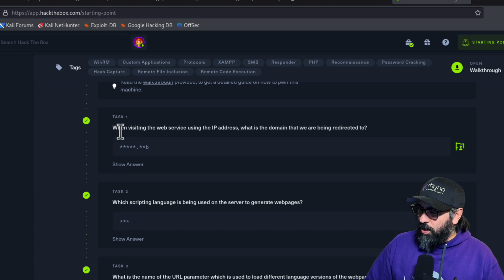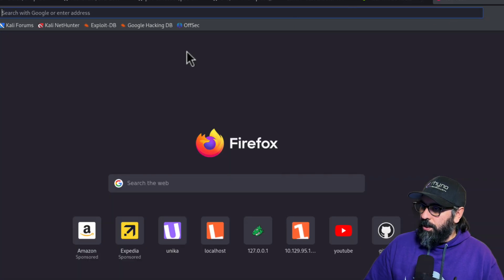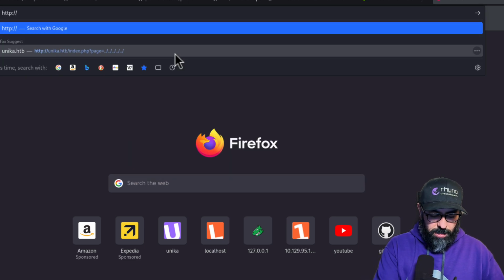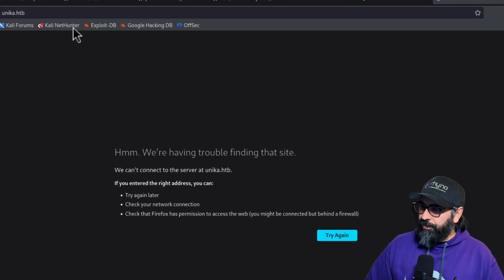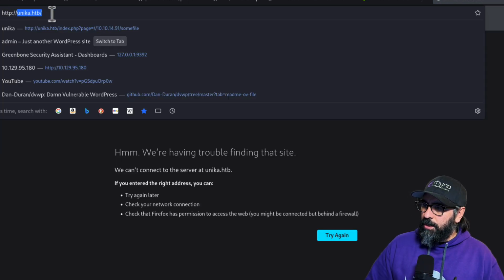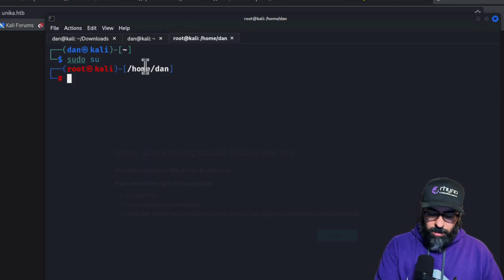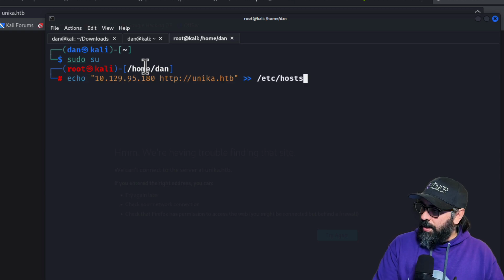Okay, task number 1. When visiting the web service using the IP address, what is the domain that we're being redirected to? And that one is very easy. So start a new tab, http:// and then just put the IP address in here, and it redirects to Unika. So you're going to copy that domain name, and now we're going to do sudo su in here, get into root, and echo the IP address, then a space, without the http, so just Unika